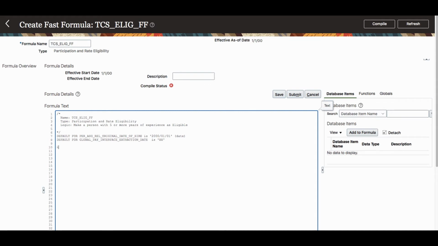Now I'm just telling that ESS log write. So basically I'm putting a log to say I'm entering into the formula, entering. Since I'm entering, I'm also going to leave. So I'm telling that leaving to